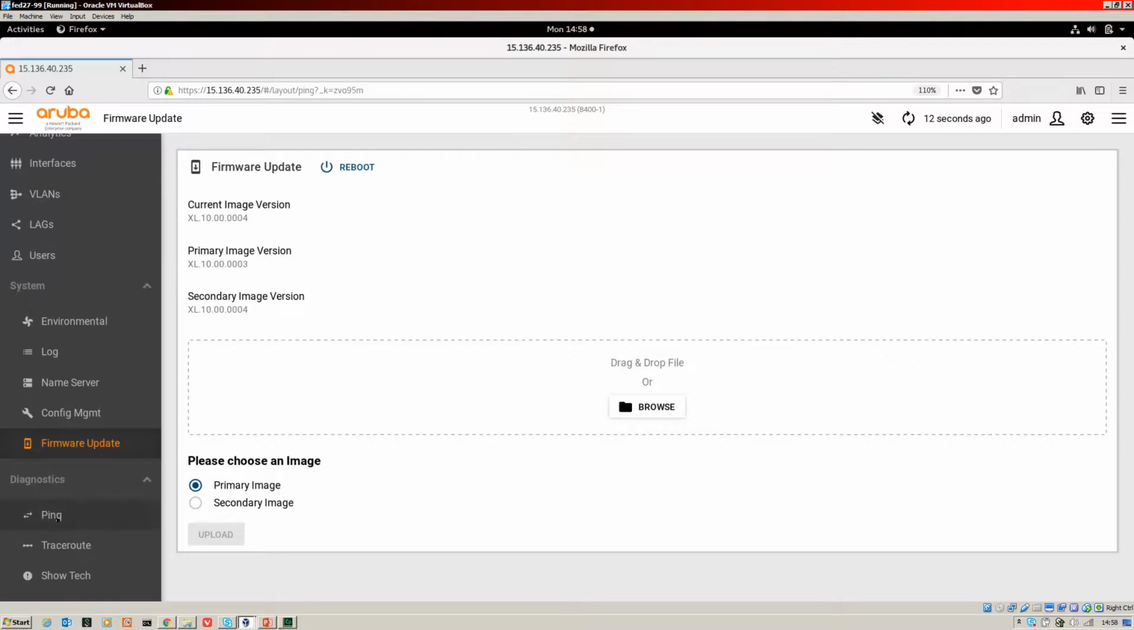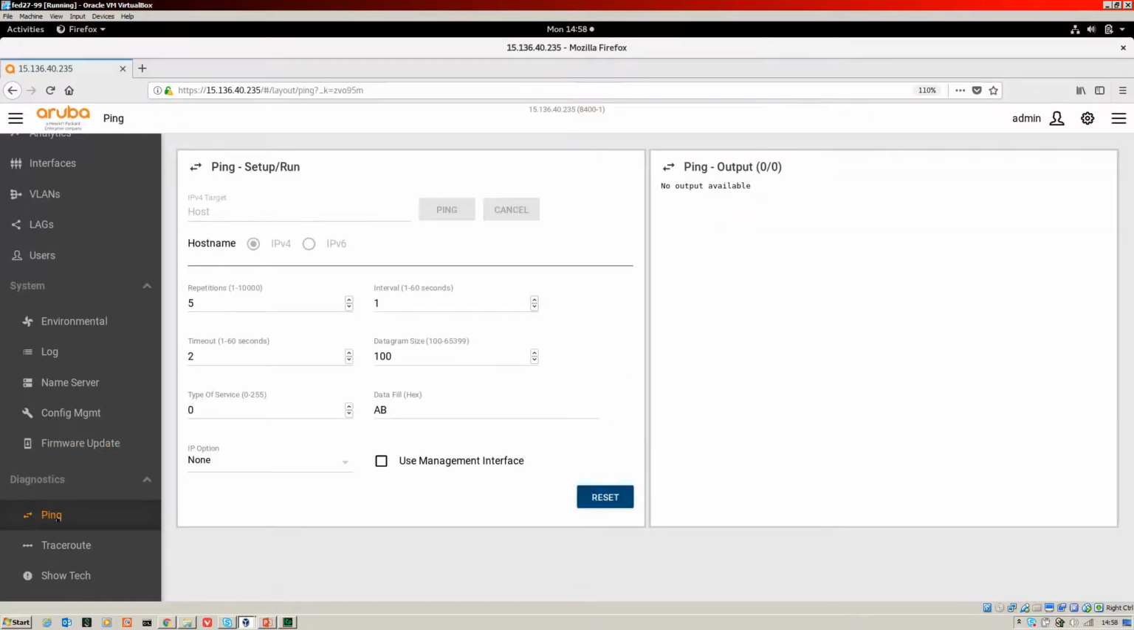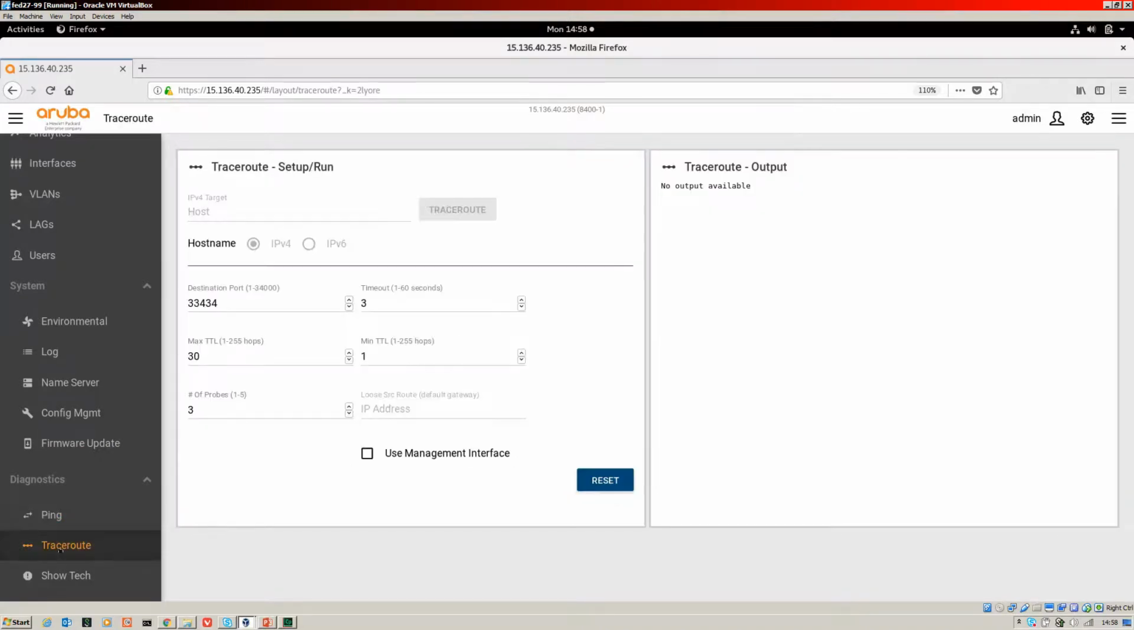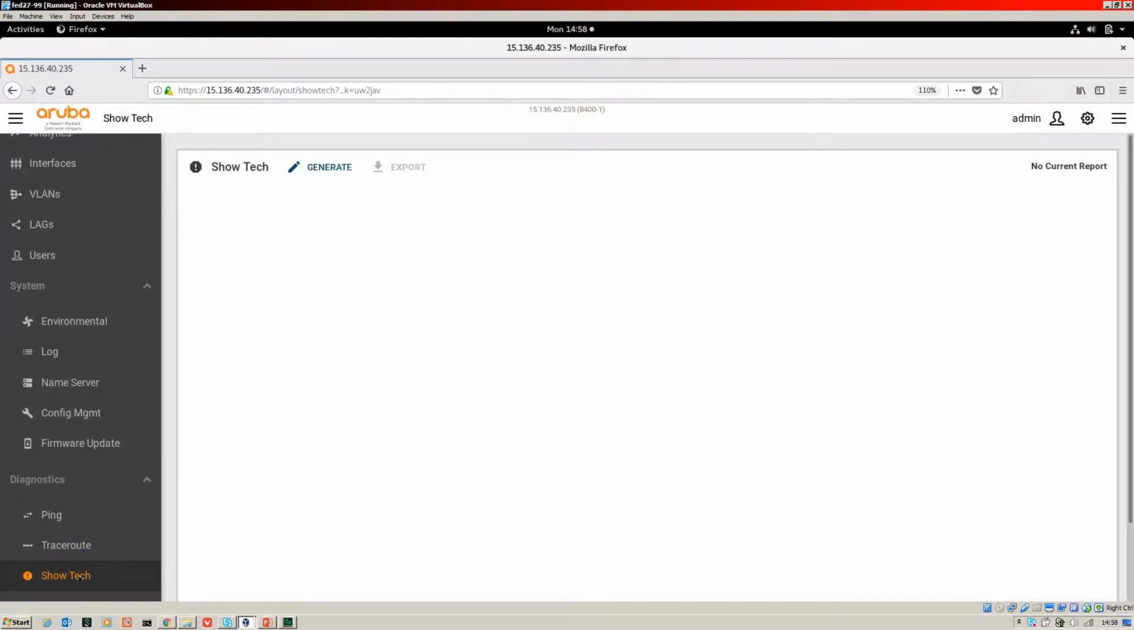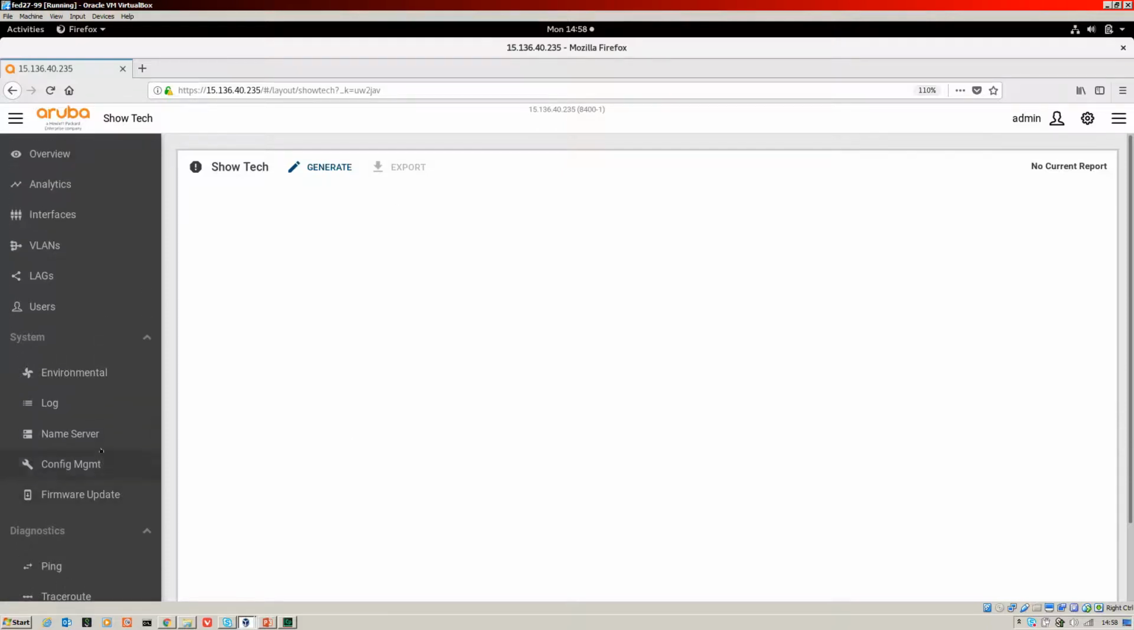There are also some tools in here which can be useful for network operators, like a ping, a traceroute, and then finally you've got a full show tech that you can bring up. So you can fire off a show tech here or export it, if you were going to be speaking to a network operations troubleshooting team about the device. Okay, so going back to the overview,